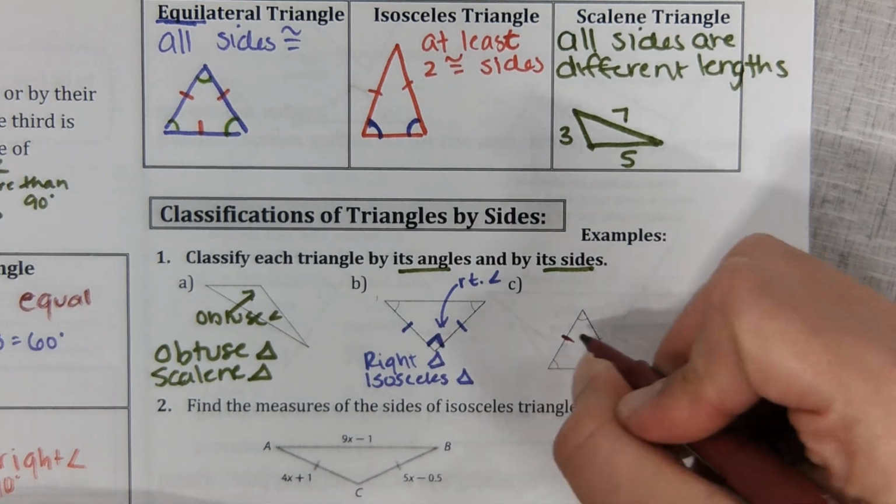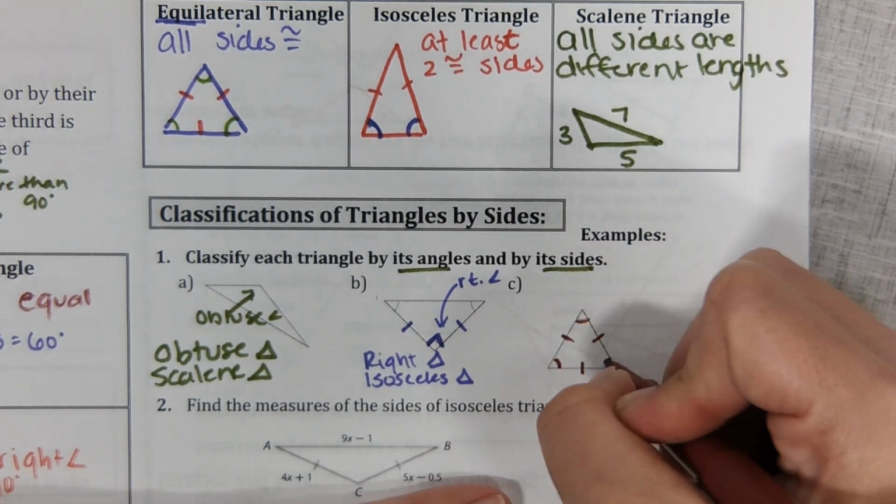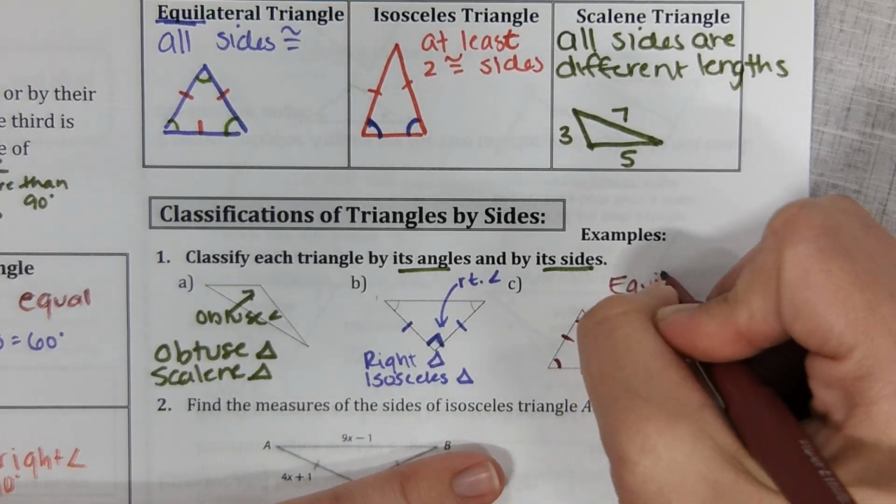Okay, for this one, it shows all the sides are the same length and all the angles are the same, so it's equilateral